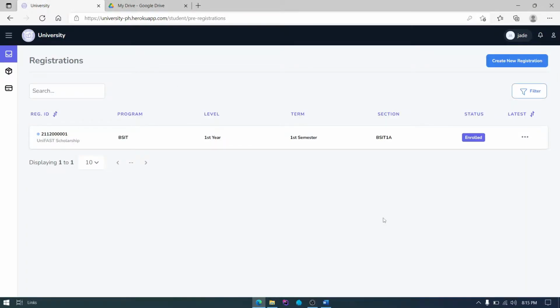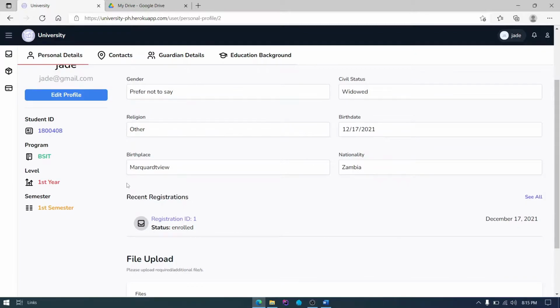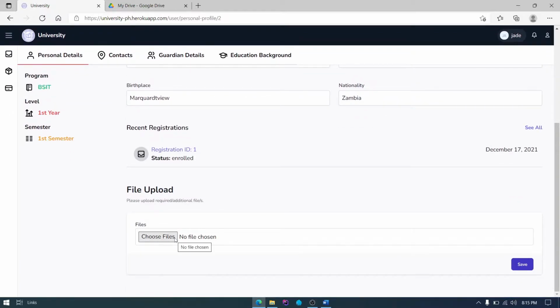Okay, now we're on the second part of our demonstration, and that is the file uploads of documentary requirements. So where can we do that? As a student, we just need to go to our profile page. Here we can see our information. We can also edit this, but let's just focus on the file uploads here on the lower part of